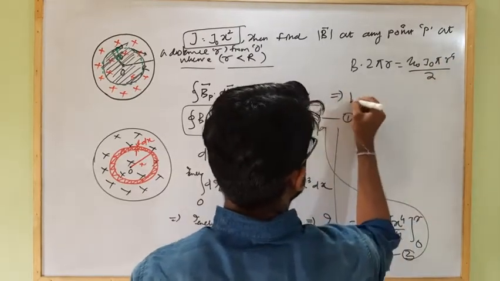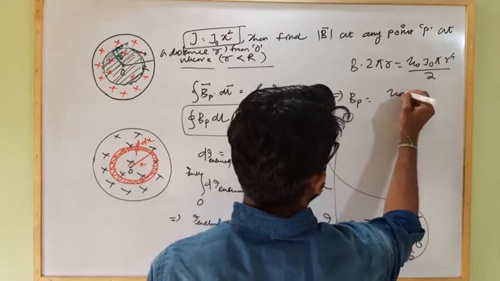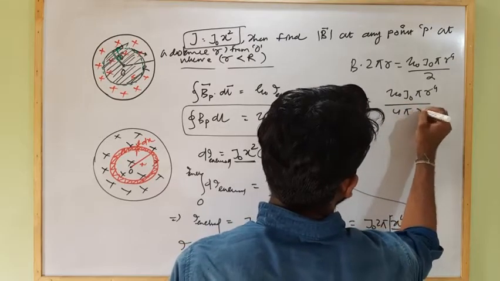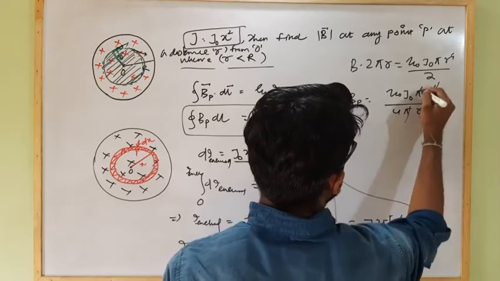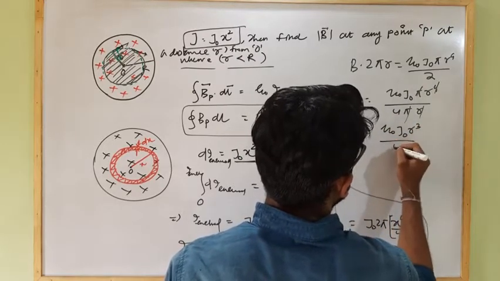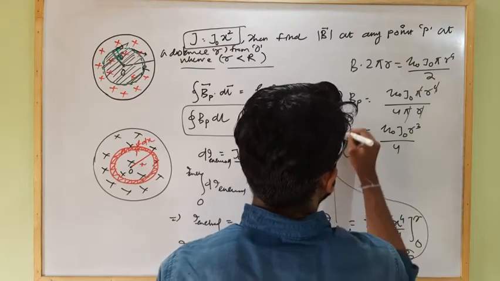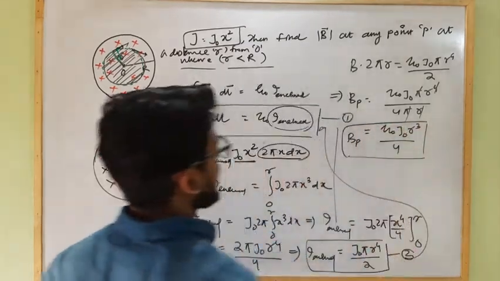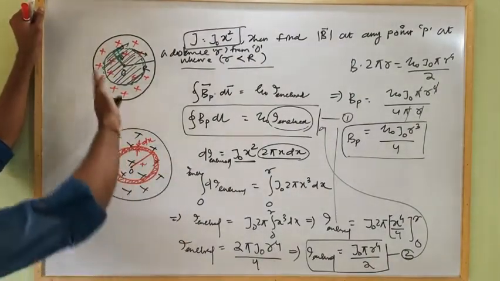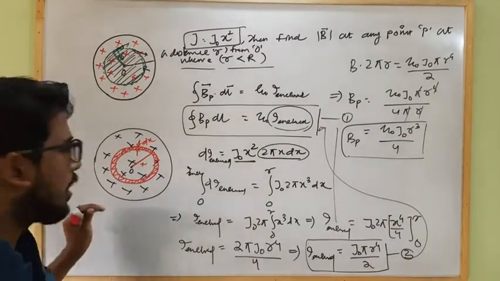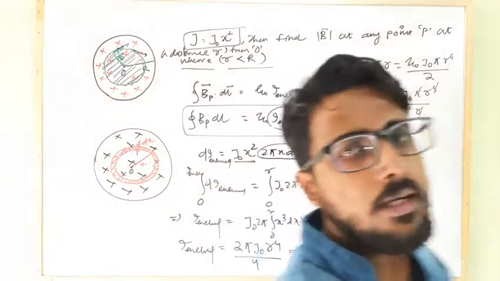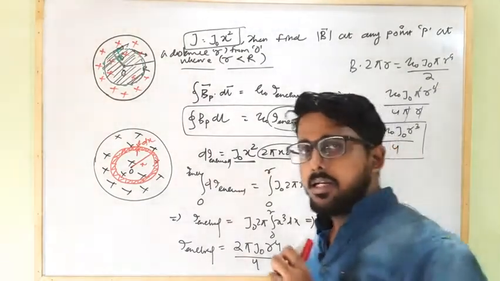So this implies B at P will be mu naught J naught pi r to the power 4 divided by 4 pi r. R cancel, pi cancel, it will be mu naught J naught r cube by 4. This will be the required expression for magnetic field strength at point P, and the direction is tangential. Clear? So this is how we can calculate the magnetic field strength due to an infinite solid current carrying conductor,